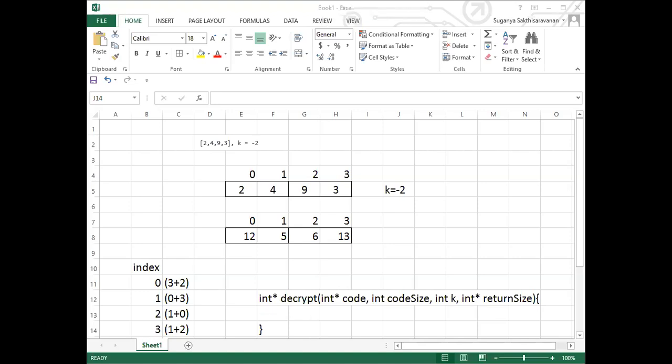Okay, Divya. Okay. Just change the code and post it. Change the code and post it, and check whether it is working properly.